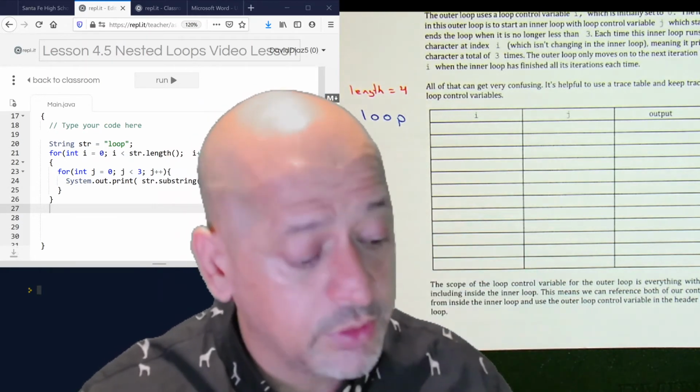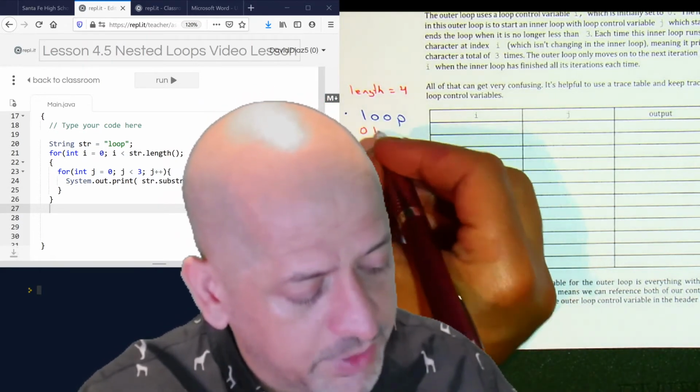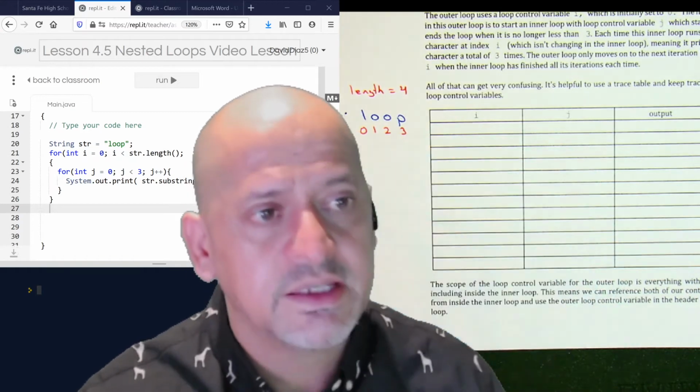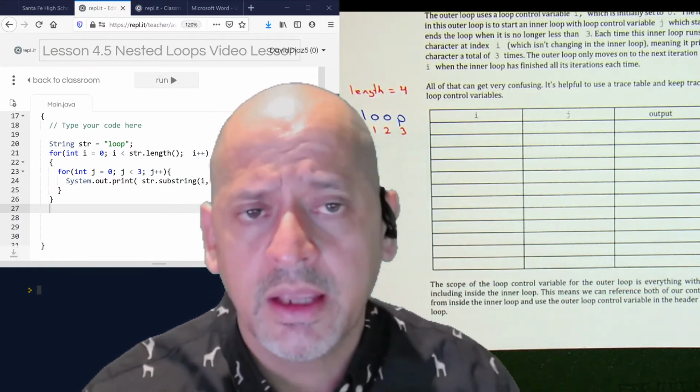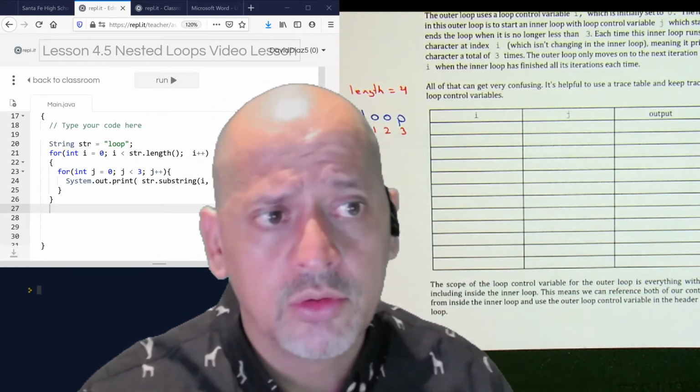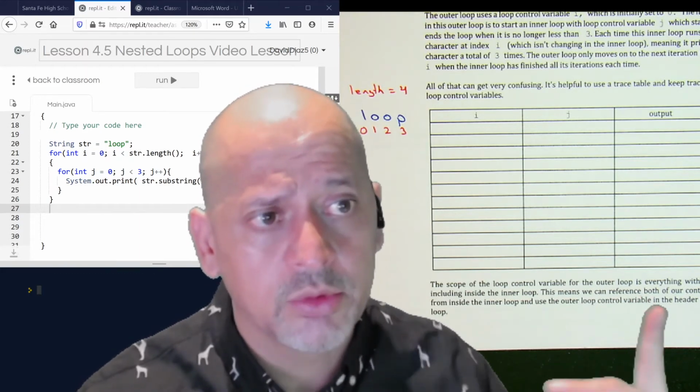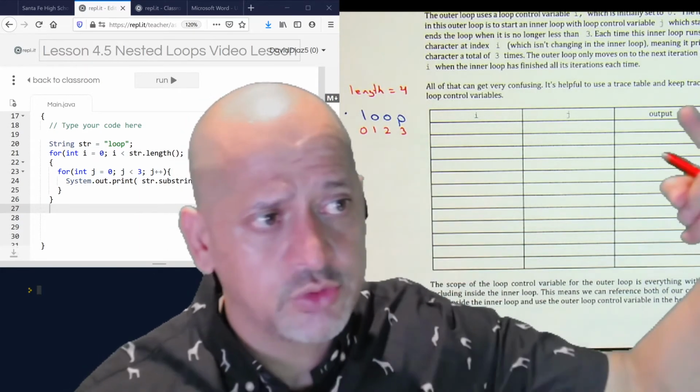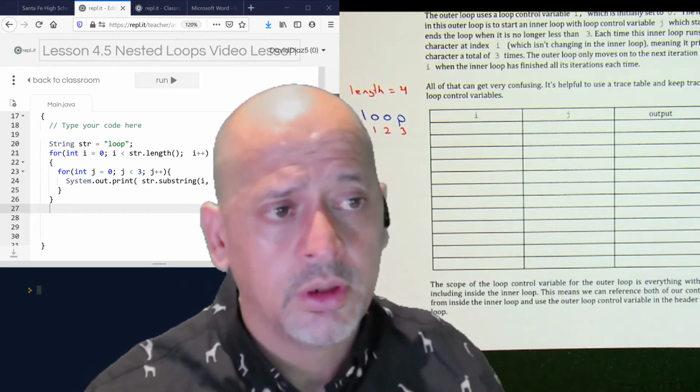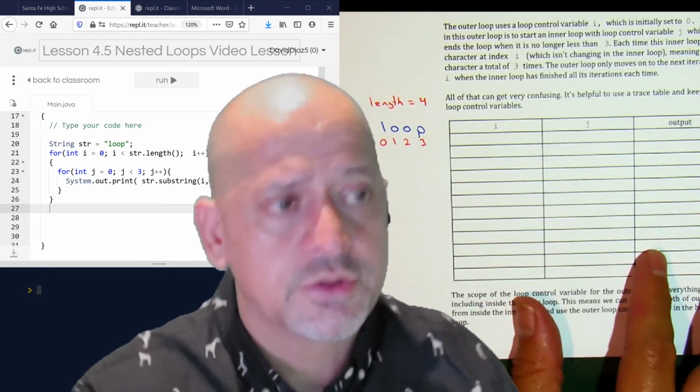So you want to do this on your AP exam. Just go and write down the index. It's going to save you time, and it's going to allow you to make sure that you are able to come back to your string as you are tracing your code. And we have first,